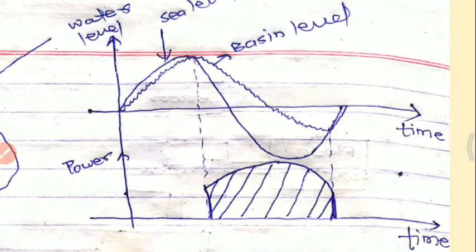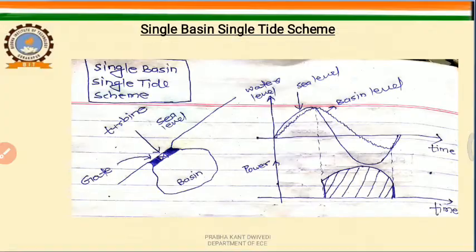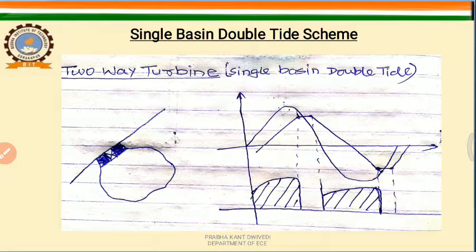Now we will discuss the other schemes. This is the single basin single tide scheme. Now we will discuss the single basin double tide scheme. Its working is the same as before, but in this case